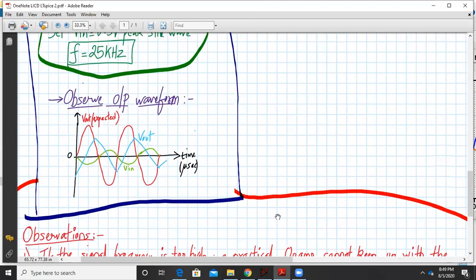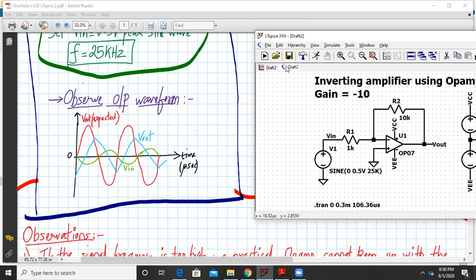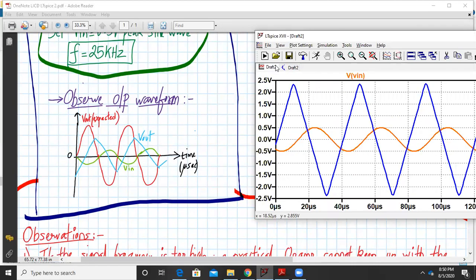So this is what the waveforms will look like. The red part is the expected output, which we are supposed to get but are not getting. This Vout is what we are actually getting, and the green color is my input. It is as per our prediction, but not as per the requirement. What we did was just increase the frequency from 1K to 25K, and the output got reduced in amplitude as well as changed in wave shape. For a sine wave, it's giving a triangular wave.